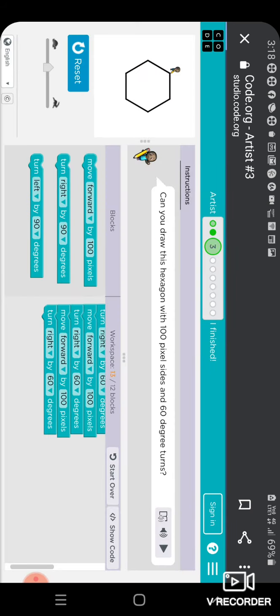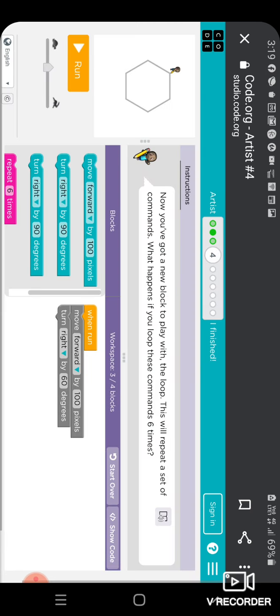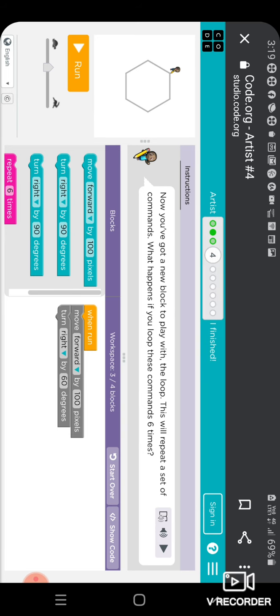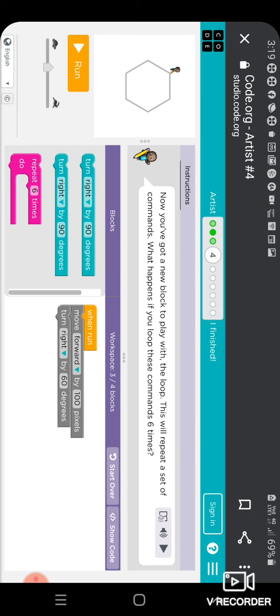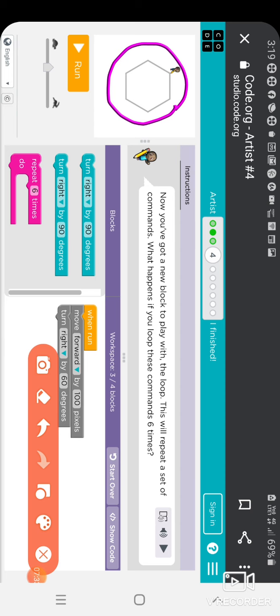Now go to the fourth task. In the fourth task, we have to use a repeat command or a repeat loop to complete this hexagon. To design this hexagon, we have to use this repeat loop.